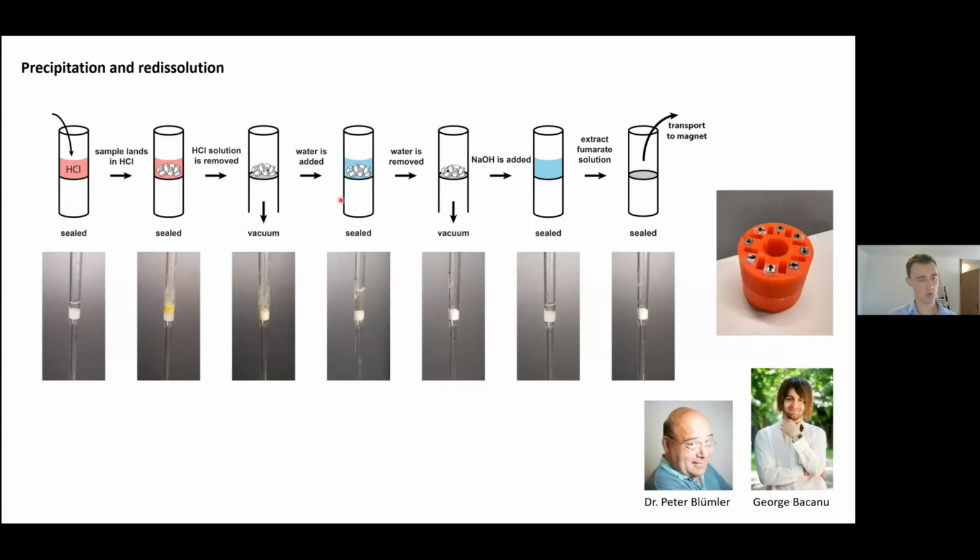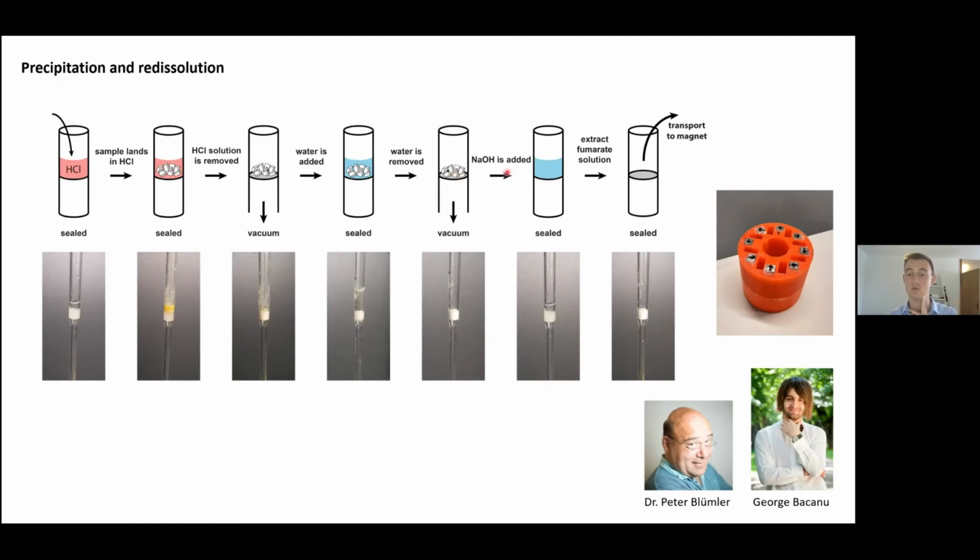So I can show you what that looks like. What we have is HCl sitting on a glass sinter, and we use HCl because, well, it turns out fumarate precipitates if it's in acidic solution. So we can inject the fumarate into the HCl, it precipitates as a solid, and then we can filter off the reaction solution. We can wash the crystals, and then they're just sitting on the sinter as a pure solid, and